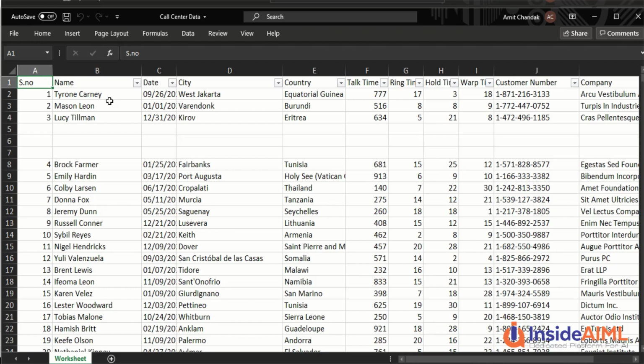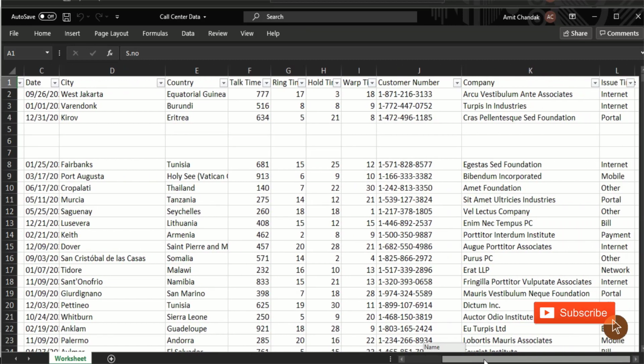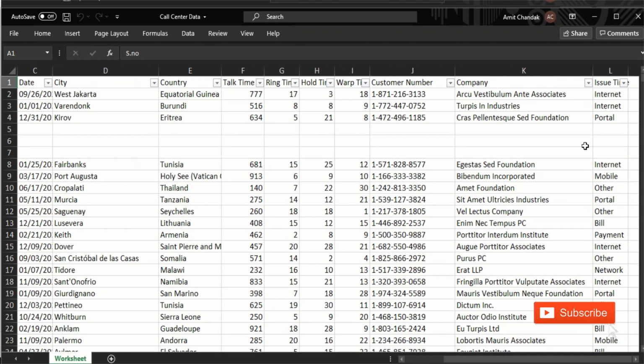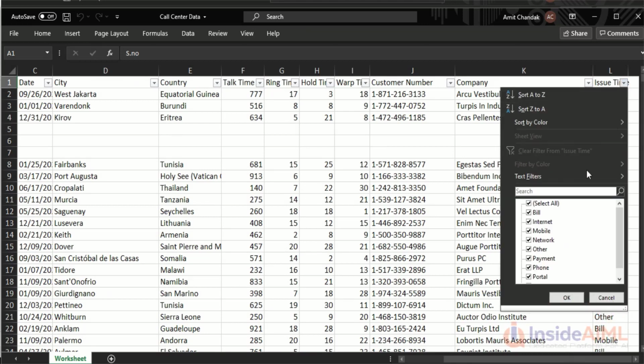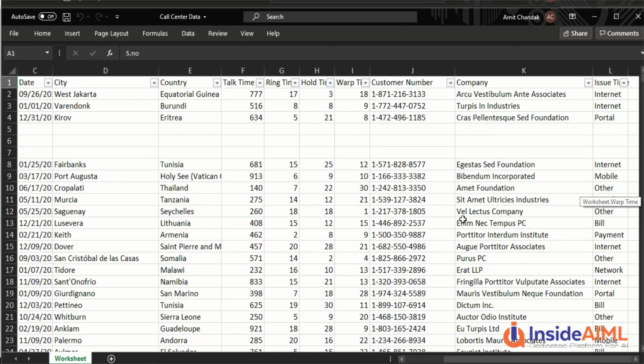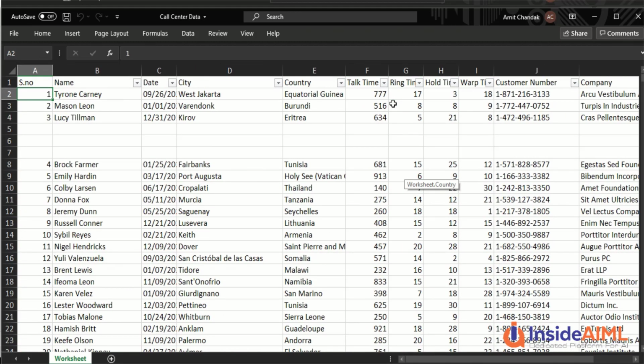Now right now we don't have inbound and outbound data, but you can have inbound data and outbound data. But we have the issues data, like is it an internet related issue or a portal related issue, and what kind of issue is it. But there is no inbound outbound data. We can right now assume these are all inbound calls. Then there are certain telephone numbers and everything. We actually went to a couple of sites and generated this data, and then clubbed the data of those two sites, making it a very similar kind of data. So now we have talk time, ring time, hold time, and wrap up time.